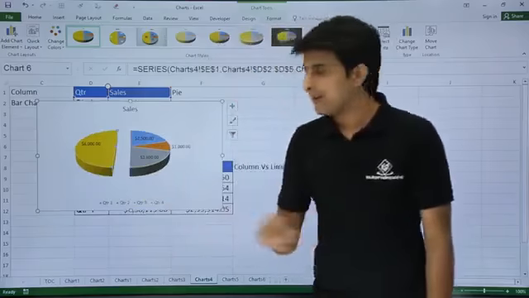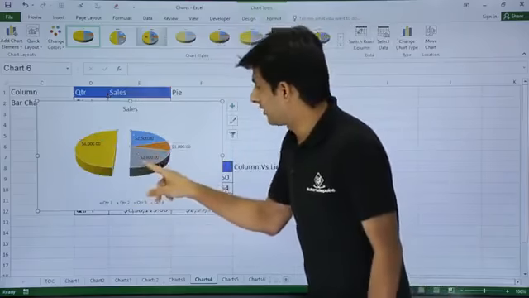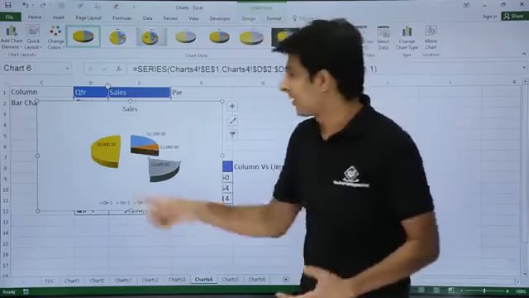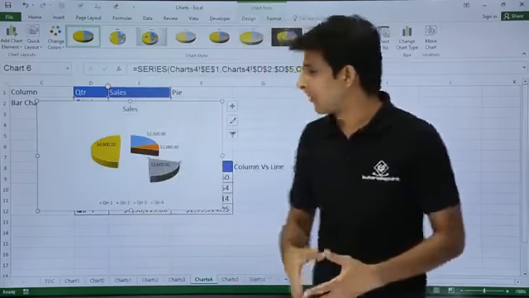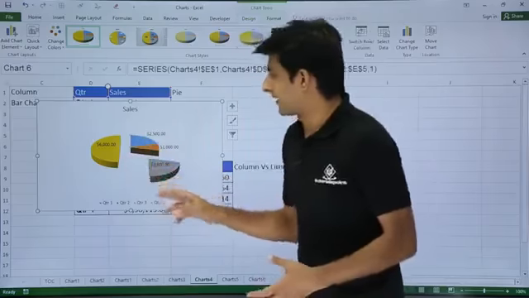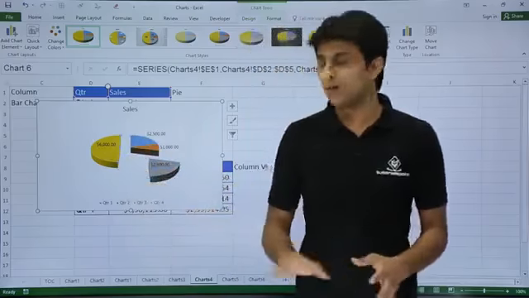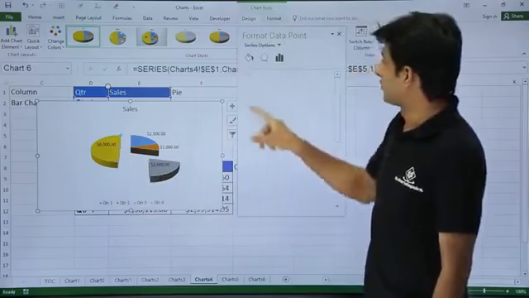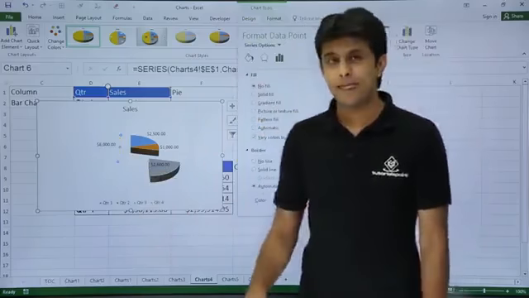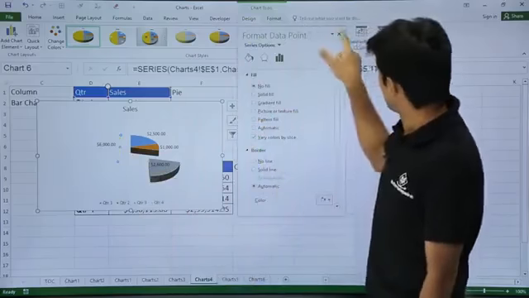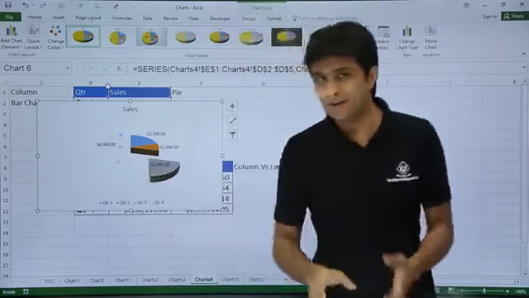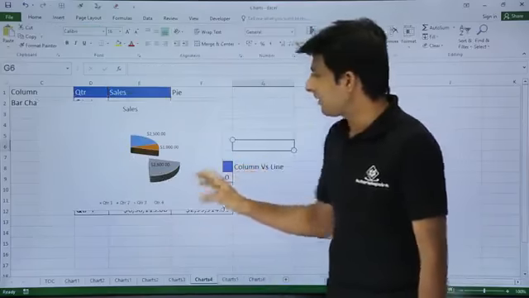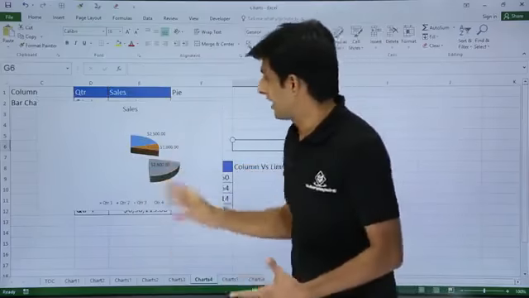You see this one. Similarly, if I want to bring this slice outside, I'll again click on that and bring it outside. So it came out, right? According to your requirement, you can take whatever you want. If you only want to show one slice, let's say you do not want to show the yellow slice, only the other three slices, you can just change the color. How do you change the color? Double click, go to this color and select no fill. You can click on close, but still the $6,000 is visible. Just go to this place and remove the data label. You can show only the numbers or slices which are available.